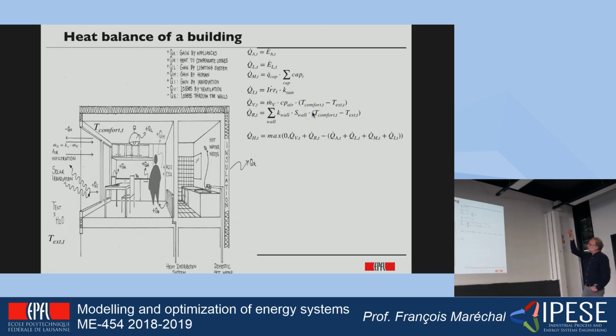And when I have made the list of all those elements, I know that some are positive and some are negative. And there is an additional one that is positive, which is the amount of heat that is supplied by the distribution system. Which means that now I can calculate how much heat will be needed at a given time of the operation by making the balance. So I have what needs to be compensated minus the gains inside the system. And of course, the amount of heat to be supplied